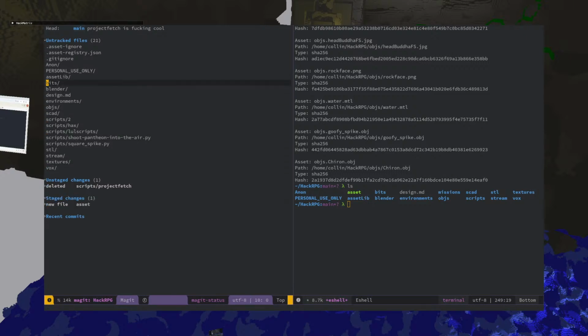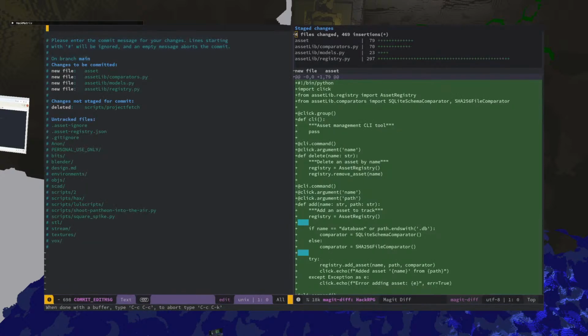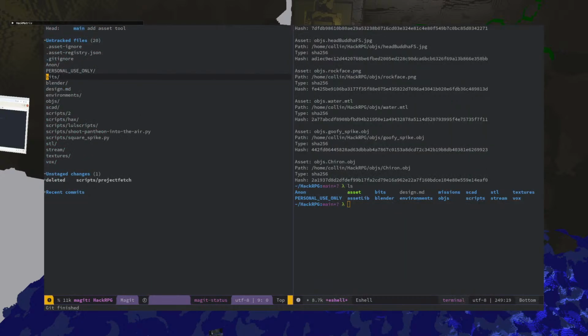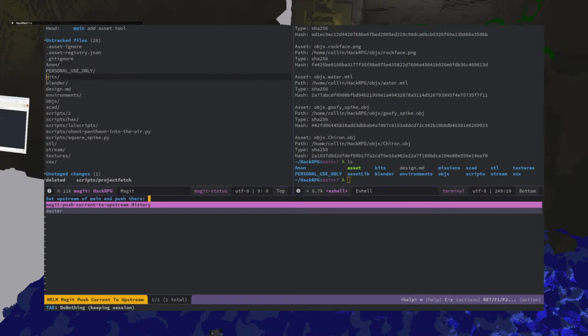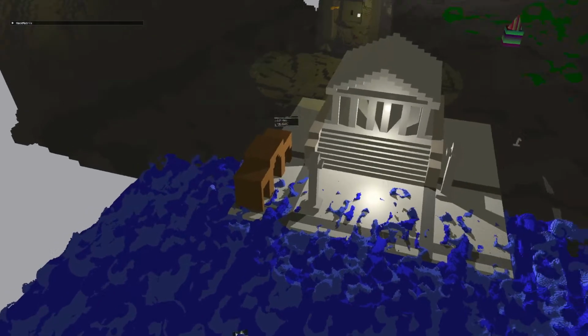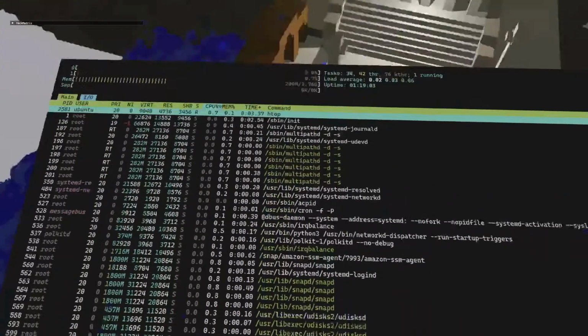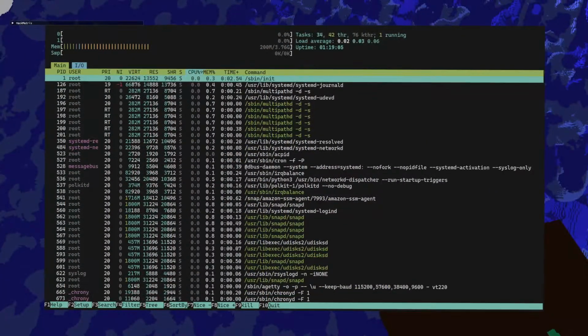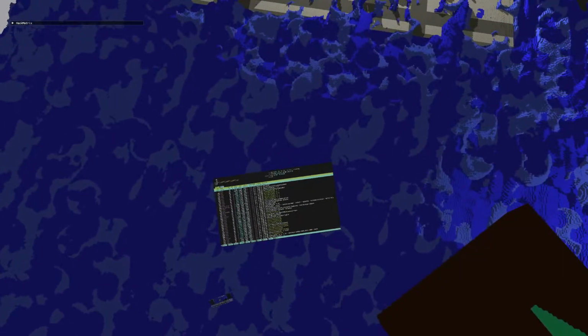Okay, so let's try this again. Good. I don't think this has a remote. Yeah, there is no remote. That is fine. There's no remote because it's mostly just assets, which is why I'm building a custom asset manager.